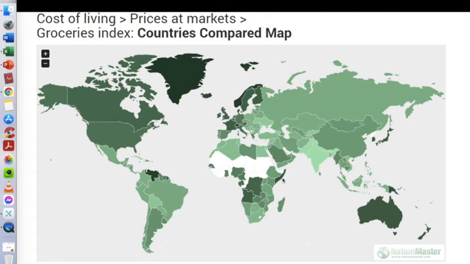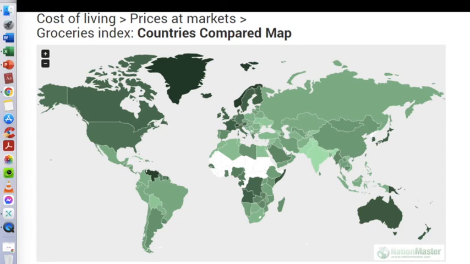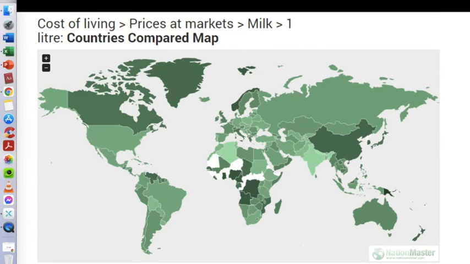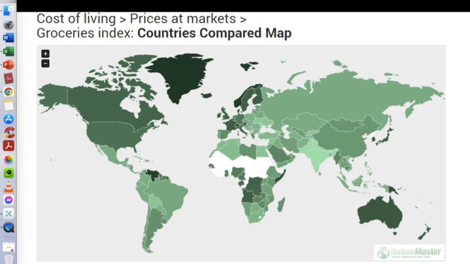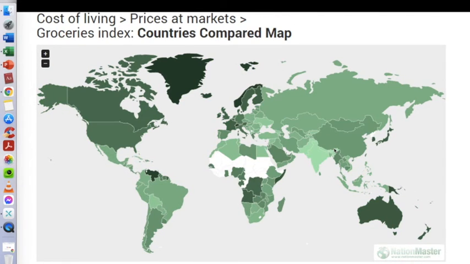Somalia, which is a failed state, not terribly surprising. Venezuela, which has suffered rapid inflation, right? Switzerland, not terribly surprising because everything's expensive there. Now, let's compare the grocery index to just 1 liter of milk. Well, we can see groceries in general are more expensive in Greenland than a gallon of milk, possibly because livestock tending is common there. We can see that a gallon of milk in China is slightly